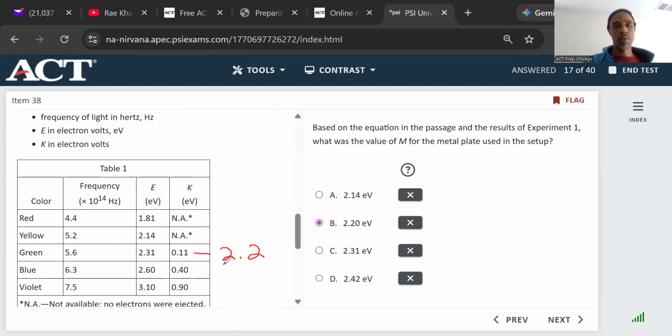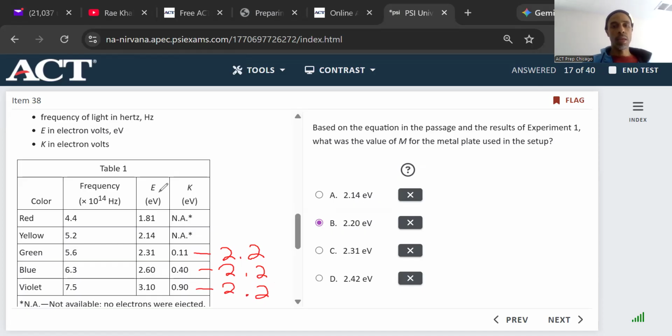2.64 minus that is also 2.2. And 3.1 minus 0.9 is 2.2. Because that makes sense. Because what? Because the energy from the plate doesn't change. That's what M is. The only thing that changes is the energy of the light intensity that hits the plate, and thus,